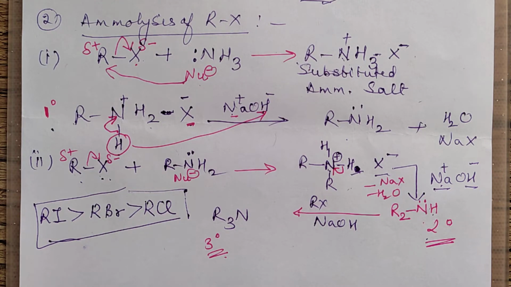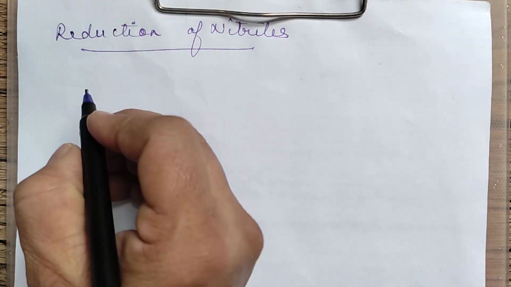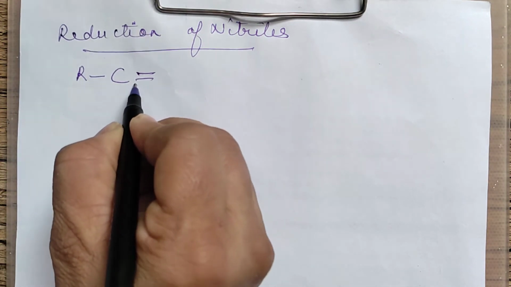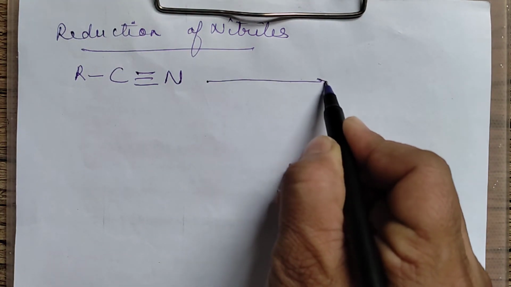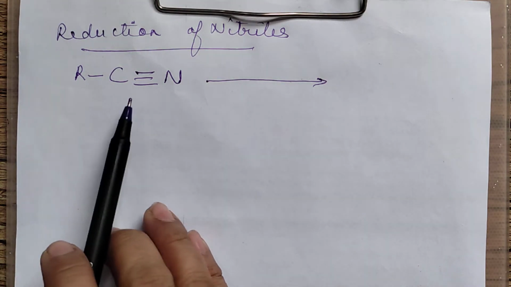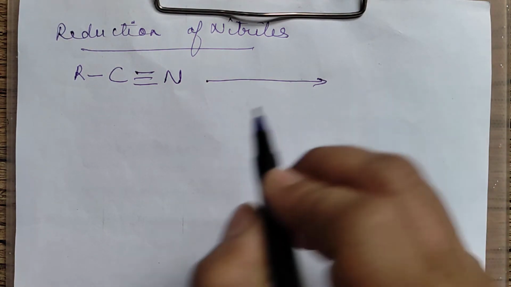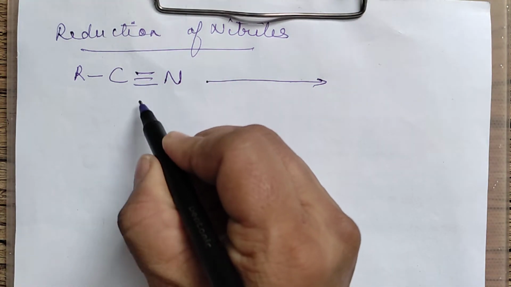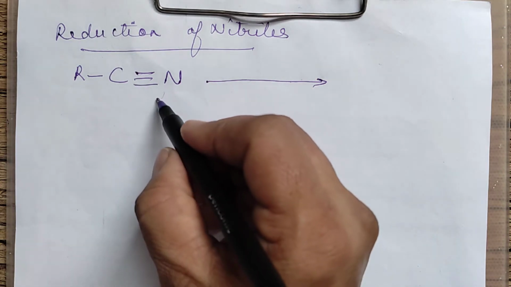Fine till here. The next method which we are considering is reduction of nitriles. Now what are nitriles? CN. Now suppose I take this CN. In this particular method, whatever number of carbon atoms are there in this nitrile, you will get amine also with the same number of carbon atoms. So triple bonds are there, so all these bonds have to break. One bond only will be left over.